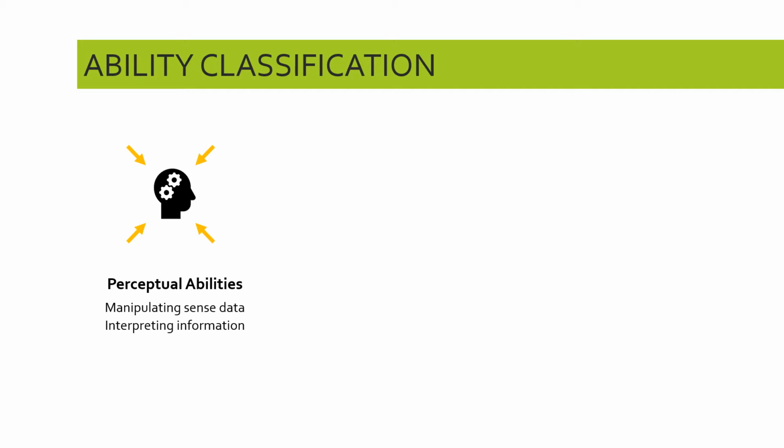Now, the key ones for most of us will be sight and sound, or sight and hearing, but we also use sense data from touch, for example, during our sport. Perhaps we get a contact from another player and it affects our balance and we need to respond to the strength or the power of that contact from somebody else, maybe a shoulder barge or shoulder charge in football or something like that, and we need to respond to it. So we need to have sensed that touch in order to be able to interpret it and make sense of that sense data.